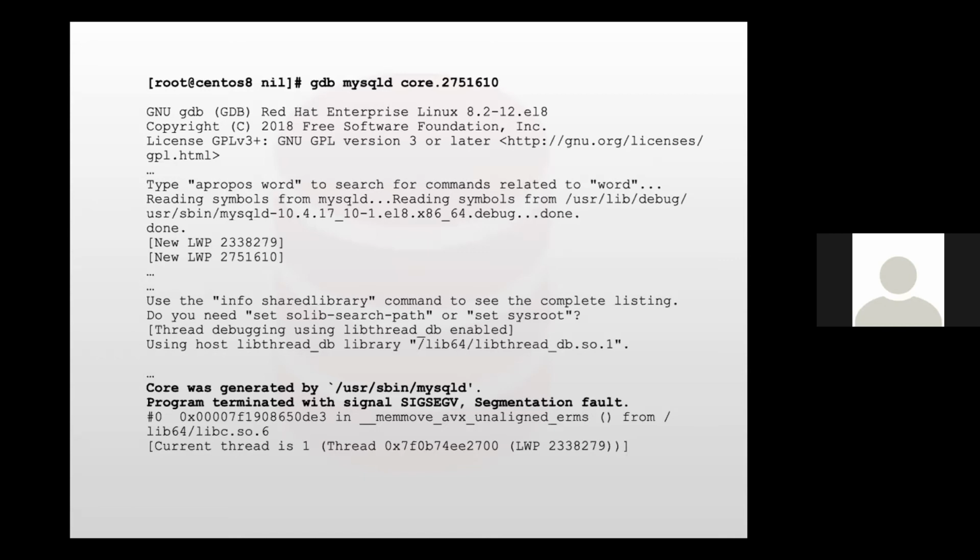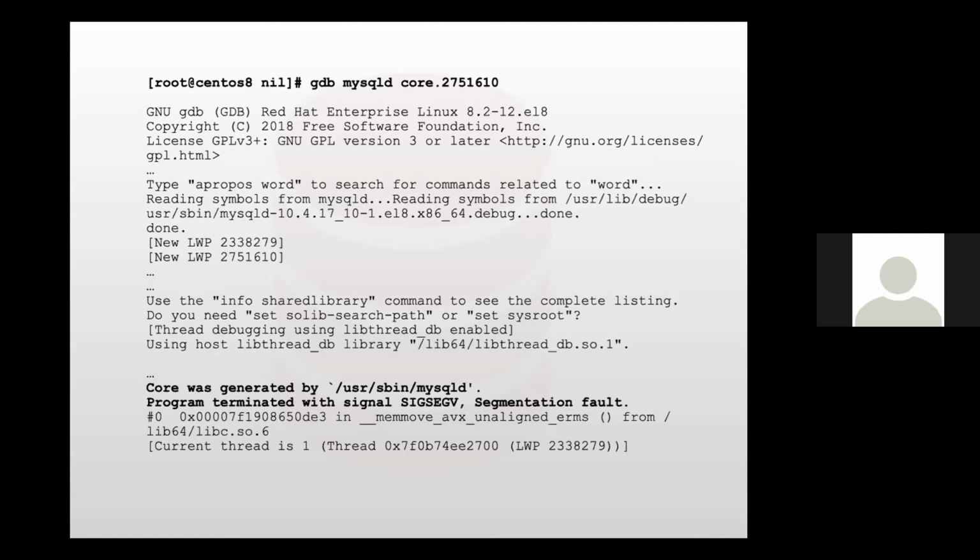At the end, when all this information is over, you will see a message like core was generated by this particular binary, and program terminated with signal SIGSEGV, a segmentation fault. So here you can see with GDB that the program was terminated and this core file was generated.